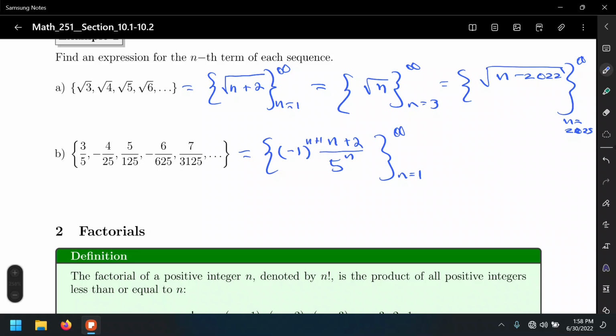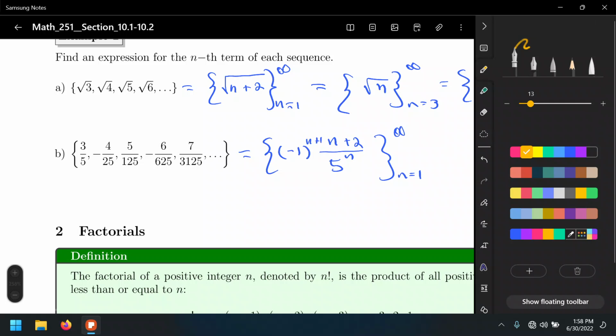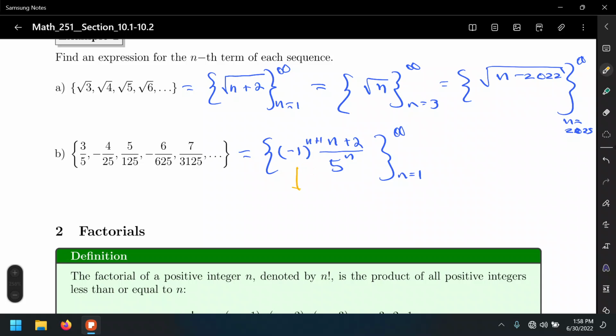n plus 1. A very common mistake on this one is to do the following. Instead of having -1 to the n, in order to force it to be positive for the first term, write -1 to the 2n, because 2 is an even number. But if you do the -1 to the 2n, you will always be raising to an even power, because whatever n you multiply by 2 will always be even, and you will never get these negatives here. All right? So